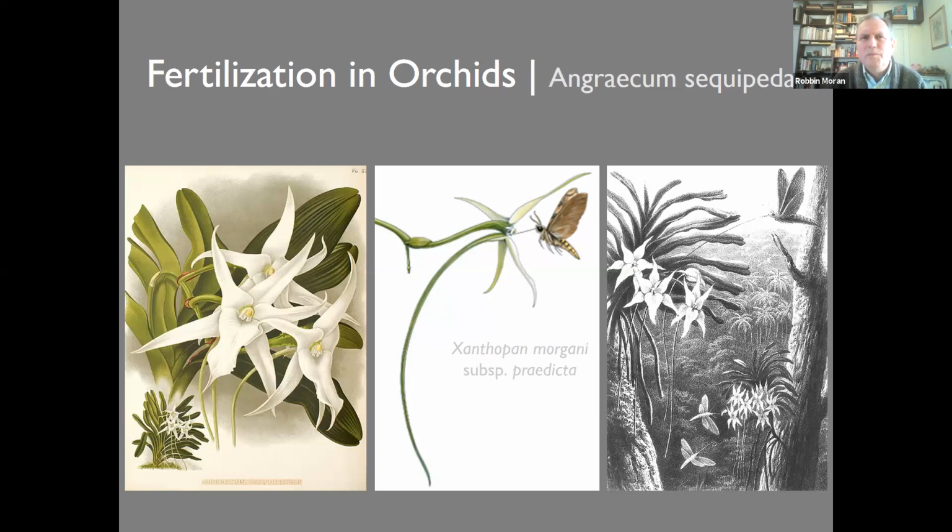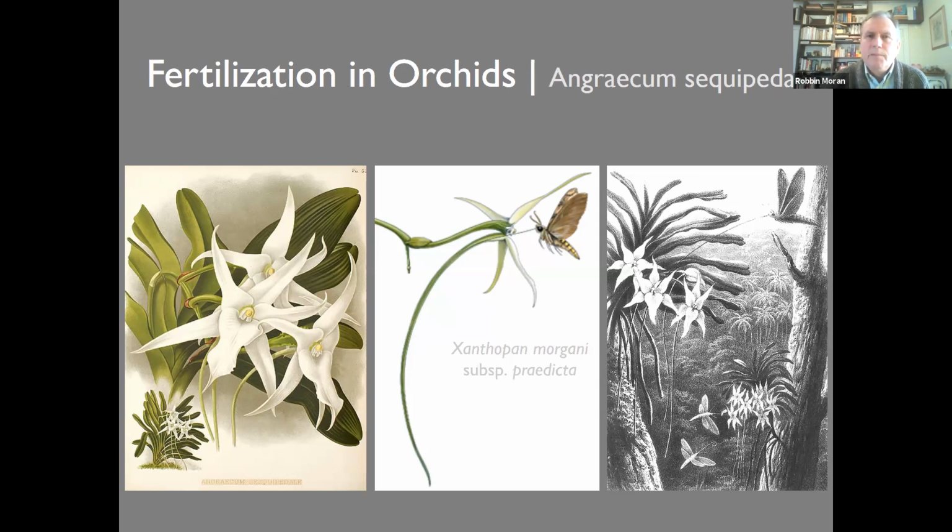It really didn't even need to be explained. There was nothing to be explained. Some people even argued that that long spur was just put there by God to please our eyes, to look pretty. And Darwin said, no, if my theory of evolution by natural selection is correct, then natural selection must have fashioned that long spur. It must have a purpose, an adaptive significance, so that selection can see it and have molded that organ. So he hypothesized that there must be this sphingid moth, this hawk moth with a very long